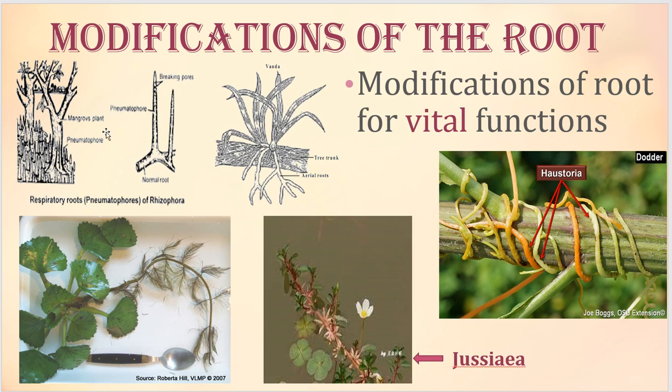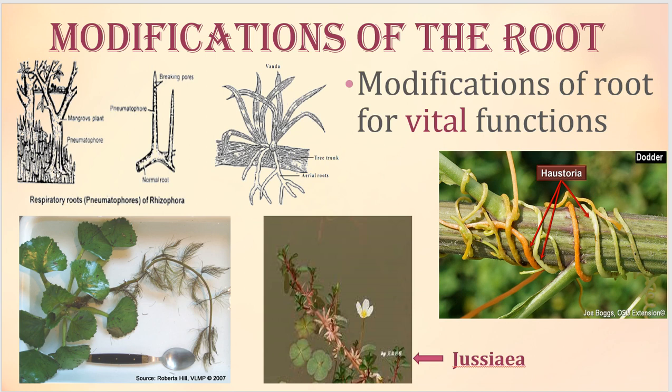The first one, the respiratory root of mangrove, is otherwise known as pneumatophores. Pneumatophores are the respiratory roots of mangrove. This pneumatophore has too many openings in it. They are termed pneumathodes. Pneumathodes are the breathing pores or openings found in pneumatophores. As mangrove plants always grow in swampy regions, they need a lot of oxygen which they cannot get from the soil.